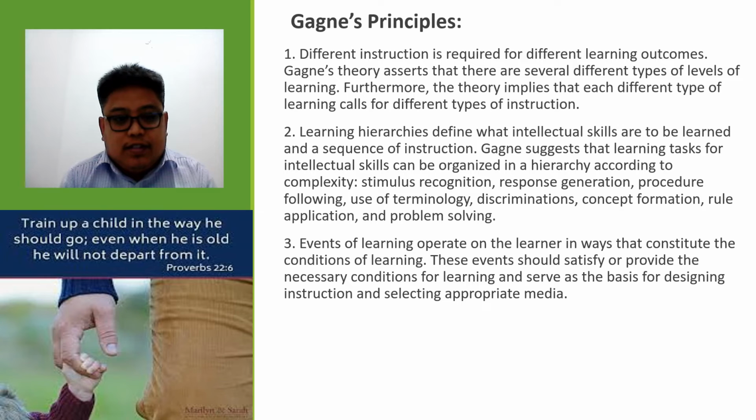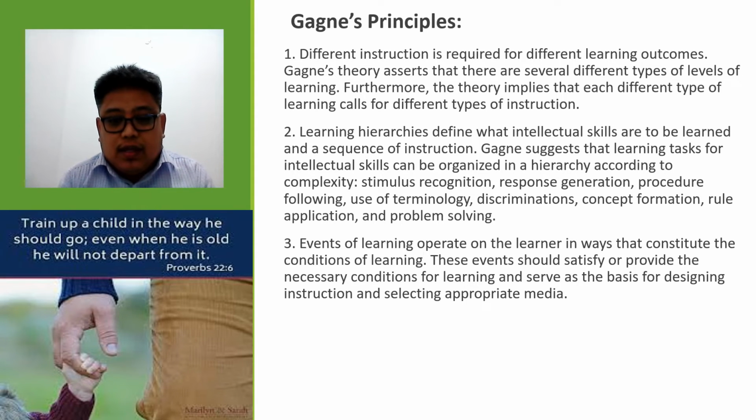Gagne's principles. Number one, different instruction is required for different learning outcomes. Gagne's theory asserts that there are several different types of levels of learning. Furthermore, the theory implies that each different type of learning calls for different types of instruction. Number two, learning hierarchies